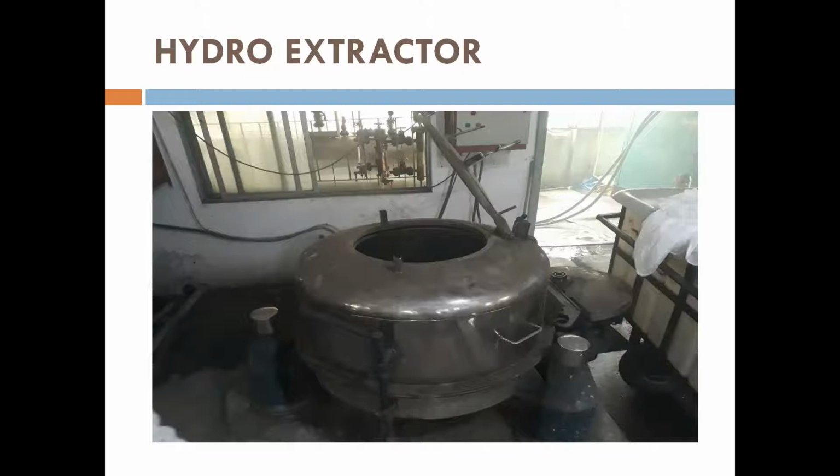This is also a hydro extractor. Generally, after dyeing or scouring, whenever you want to dry the fabric, when it is taken out from the high pressure machine like drum or jet, then before entering the stentor, the excess water is squeezed out by placing the wet fabric inside this hydro extractor. It is loaded with some wet fabric, and then the lid is closed, and then the entire cage is rotated